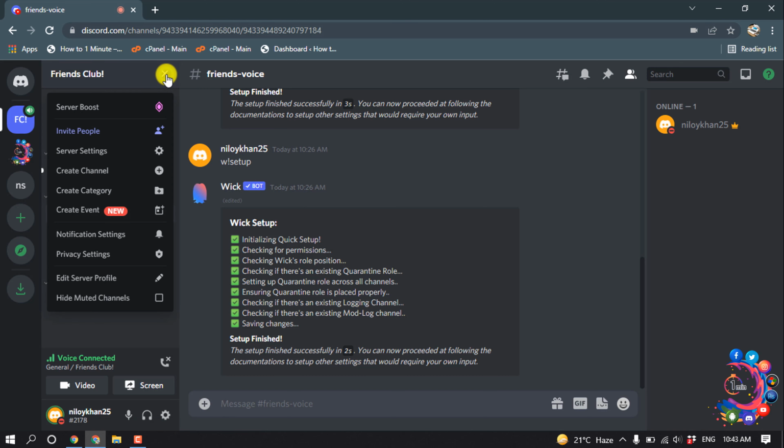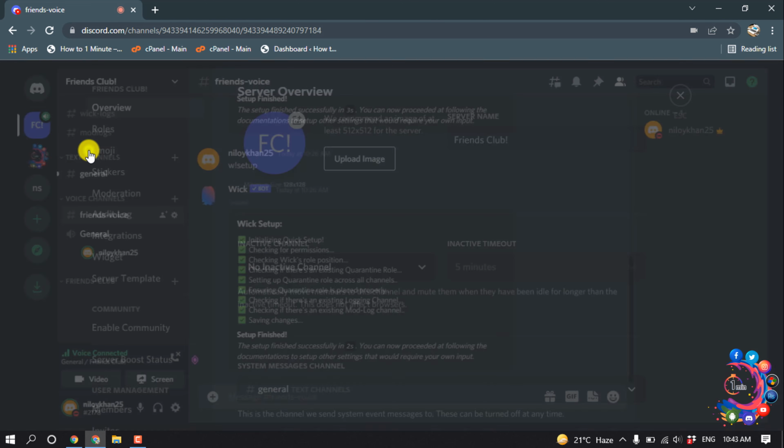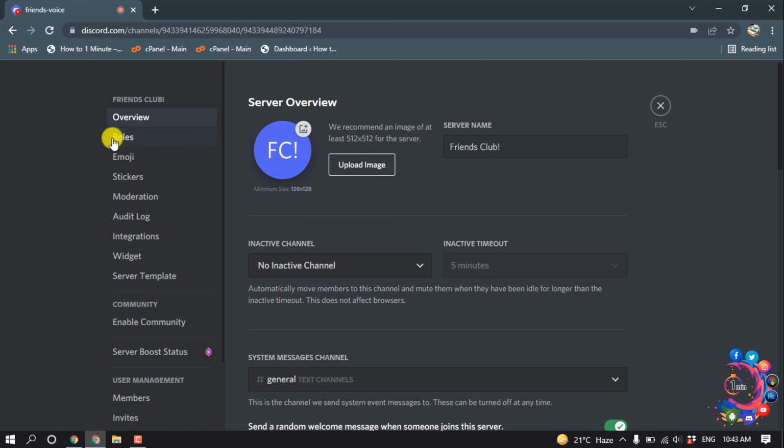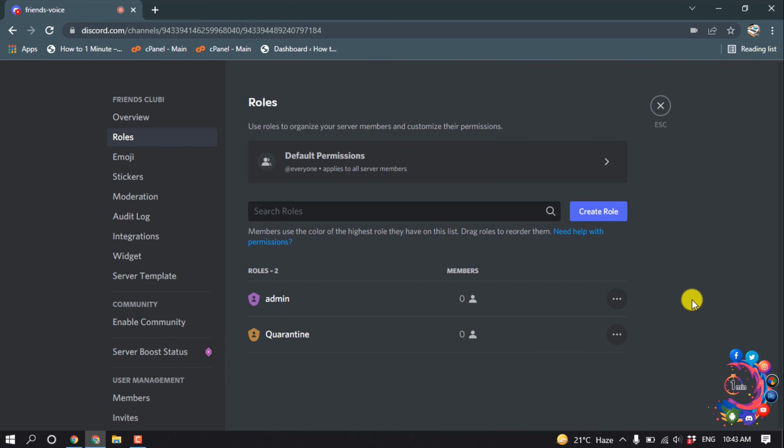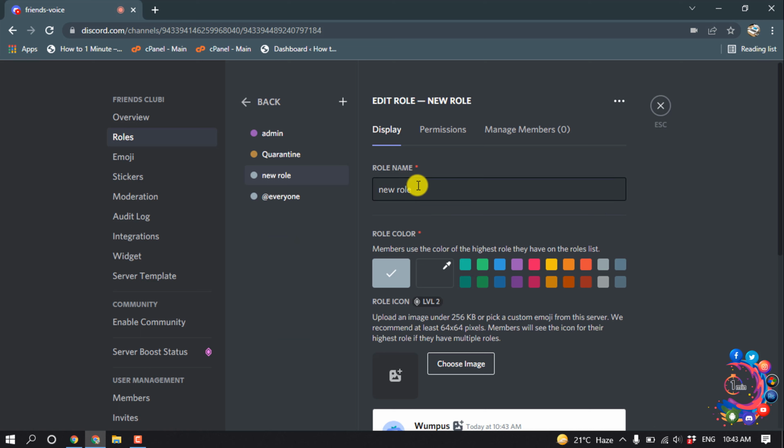First of all, open your server where you want to add a role, and then click on this little icon here and click on server settings, and now click on roles. And here we can see the option to create a new role. Simply click on create role and give your role a name,